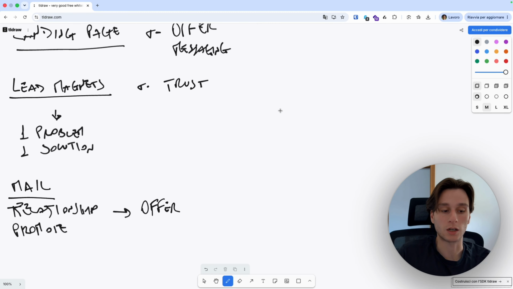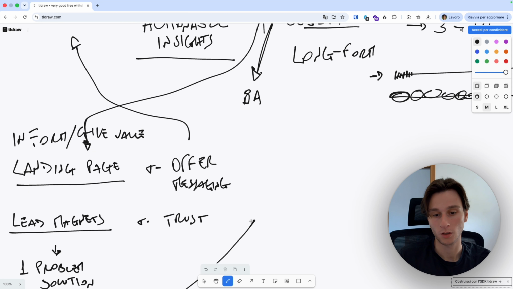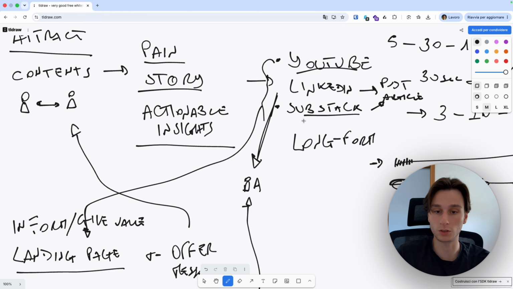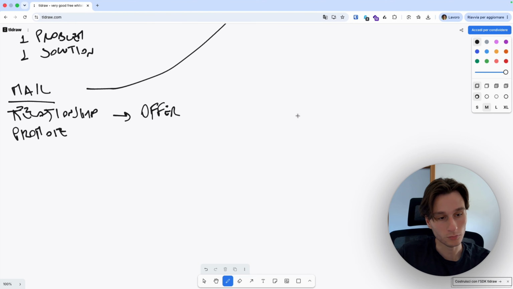But if they are in your email list, this will be much easier because you know that your email will always arrive to this person. They will not have any problem receiving it. You will always be in contact with them, and everything you do, for example, you publish an article on Substack or a video on YouTube, you can still build trust with them. So these are the two ways.